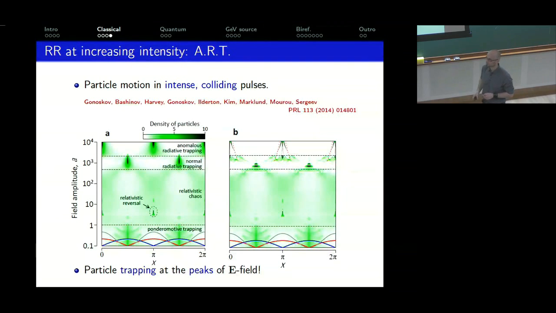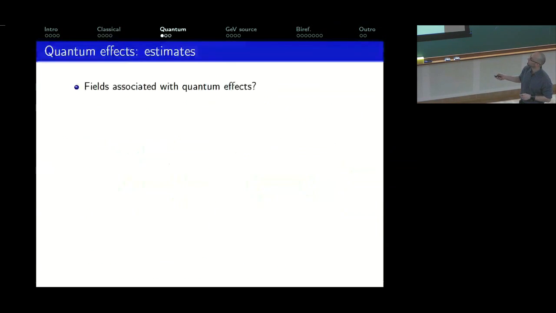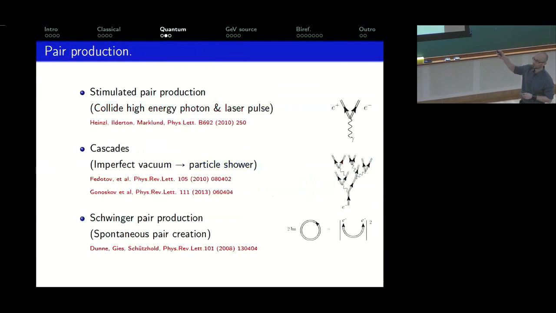Did you see pair production for chi values less than 1 even? So pair production is there for chi less than 1, but it's exponentially suppressed. If we look at this process, you fire a high energy photon into your laser, it turns into pairs. That becomes probable at around chi equals 1. For chi less than 1, you have quantum corrections to Thomson and Compton scattering, which you can see for chi beginning at 0.1, 0.01 even.